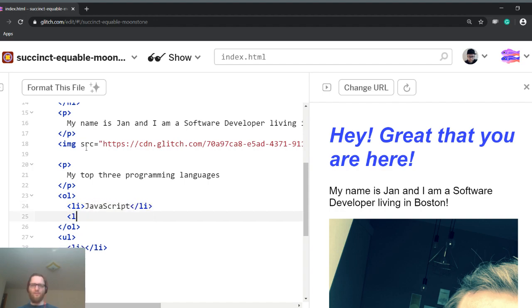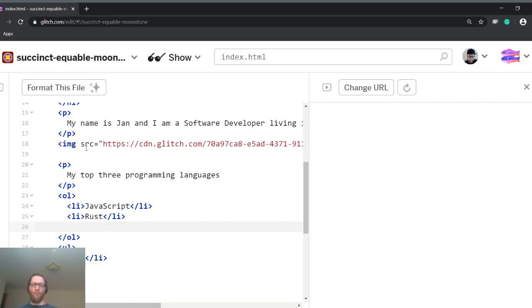JavaScript, Rust. If you want to know more about Rust, I also have a few cool things we can build with Rust in the next few days. Let me know if that's something you're up for. JavaScript, Rust, and Ruby. Okay, and